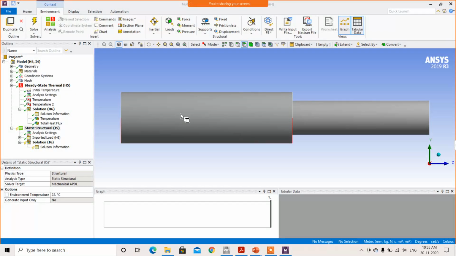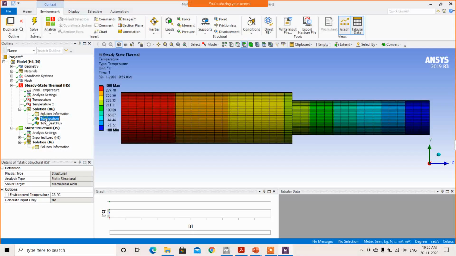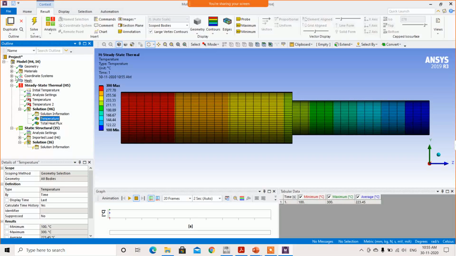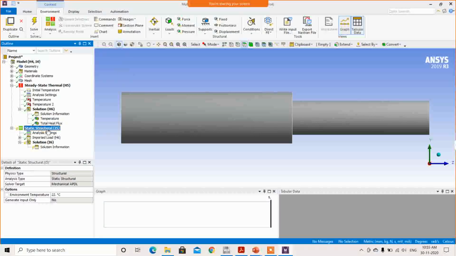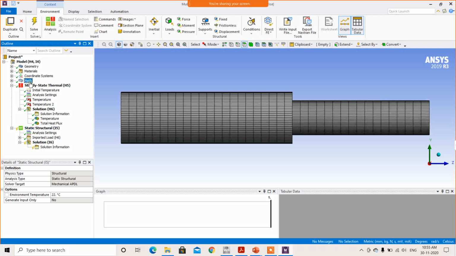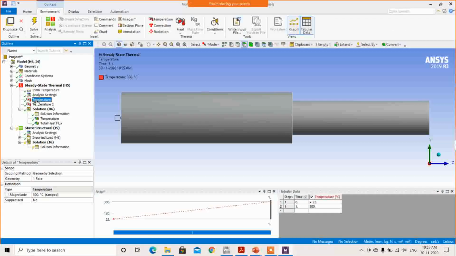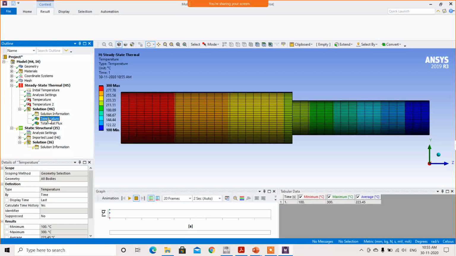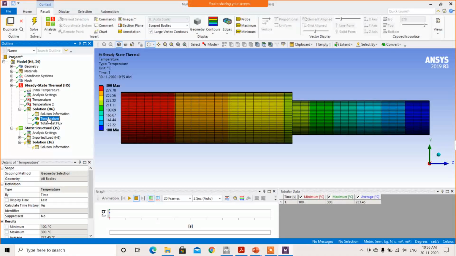Yes, it is done. Now you can check first of all. Here all the previous thermal analysis is there up to solution. This is the temperature distribution. Thereafter this complete analysis has been transferred to static structural. It means what? Now there is no need to do the meshing. Meshing has been done here. Temperature has been applied here. Then the solution of temperature distribution is here. Now we have transferred this temperature analysis data to the structural analysis. It means that complete temperature distribution is available here.